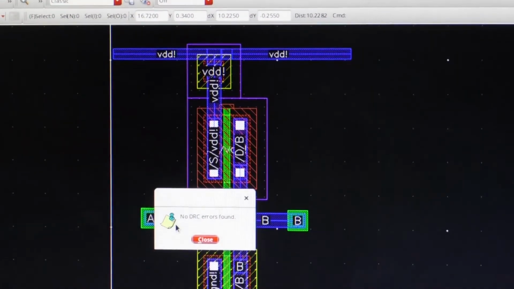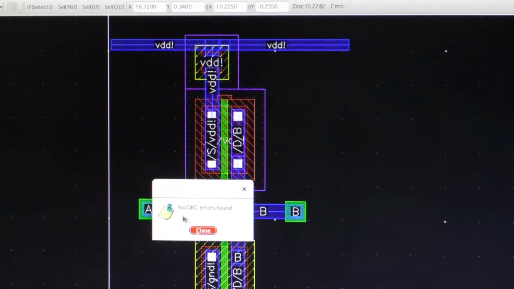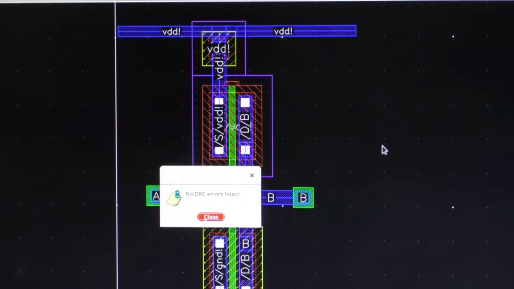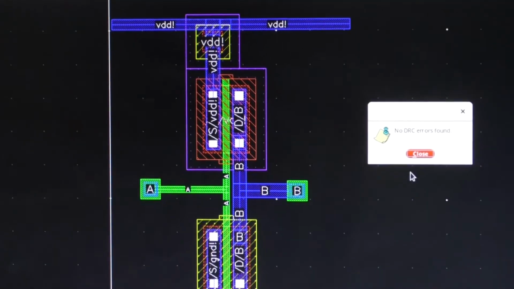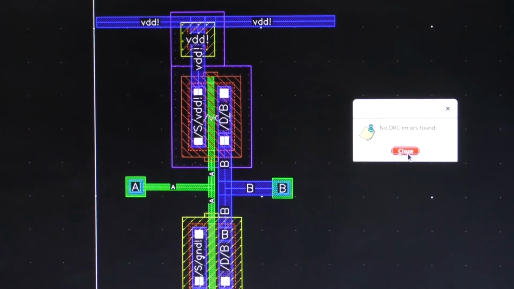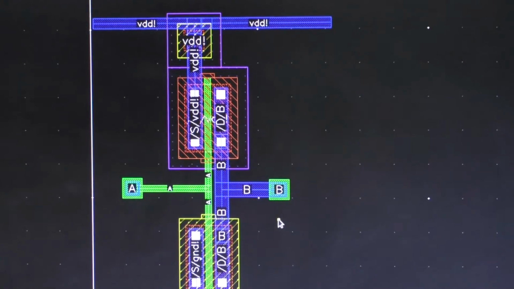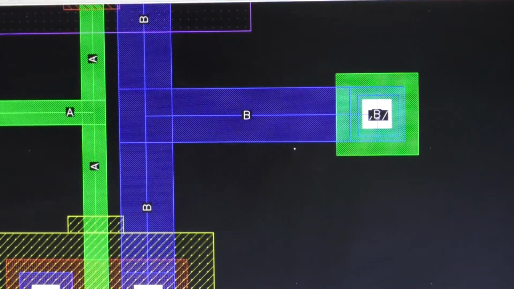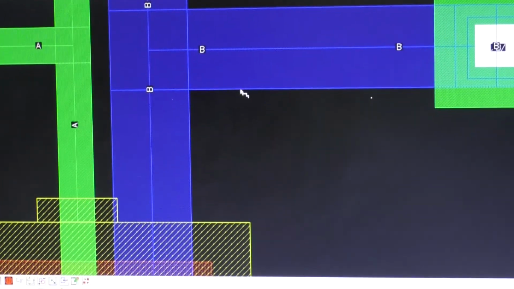Yes, see, the layout has been developed without any DRC issues. The circuit has been properly designed by considering the GPDK 180 nanometer technology. If it has any errors, then it will give errors like this. Suppose by mistake, let us consider one thing.